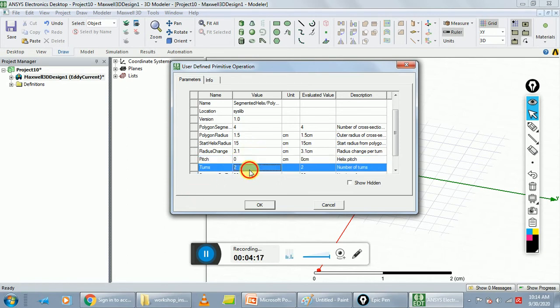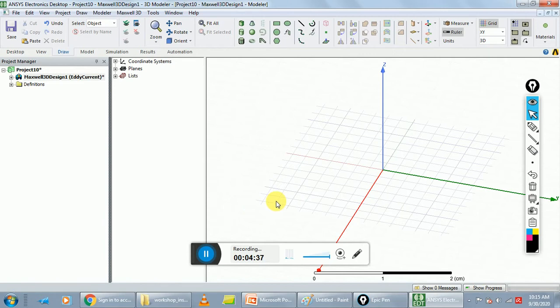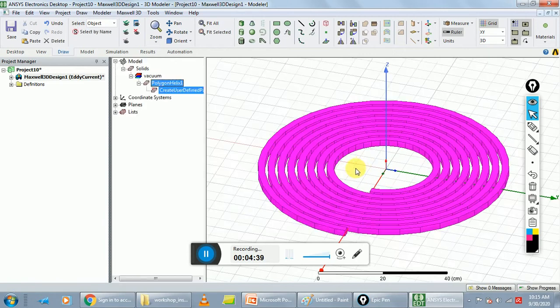Number of turns change to 8, and segments per turn is 36, and right handed is 1, and click on OK. This is your spiral coil.